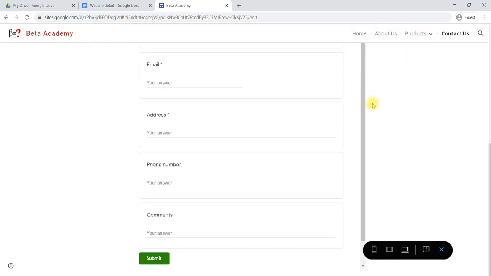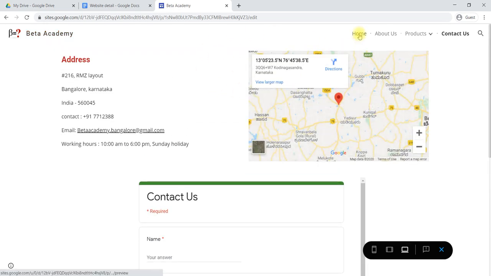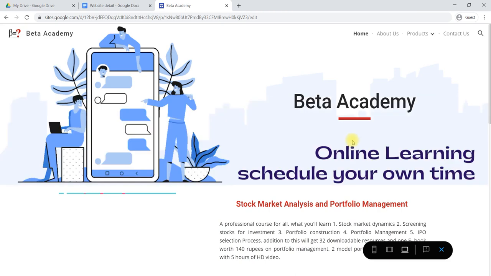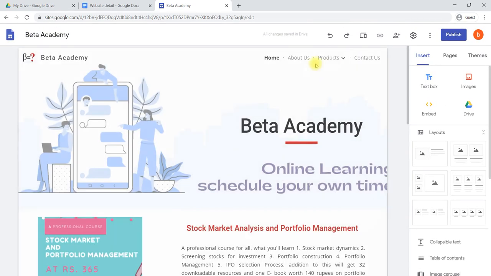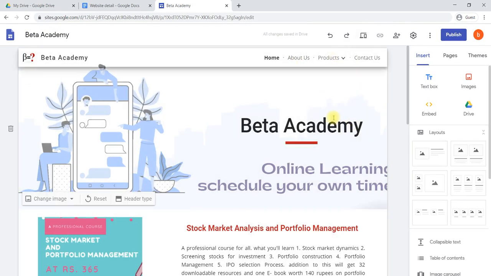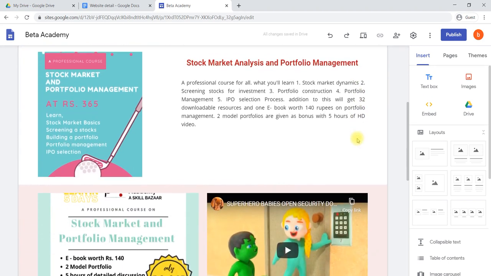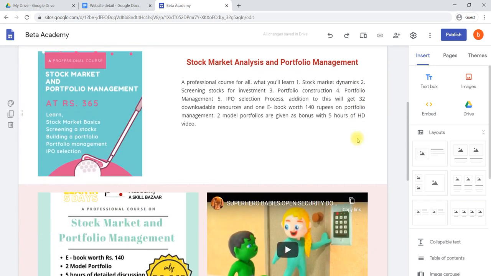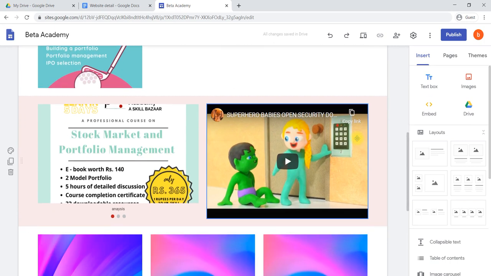The look on your computer also we have done. Okay, this is about the preview. To go out of the preview you have to click on this exit preview button. For preview we have to select this one. Okay, this is about how we have constructed a simple website within an hour by using Google Sites. Many more settings are there, and a footer we can also insert. That will be covered in the next video.